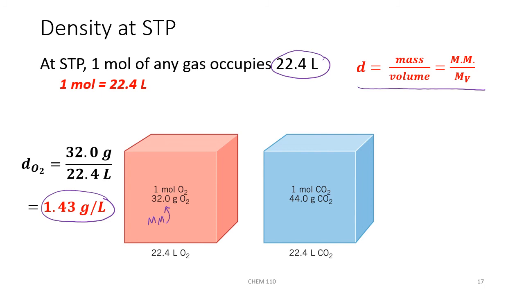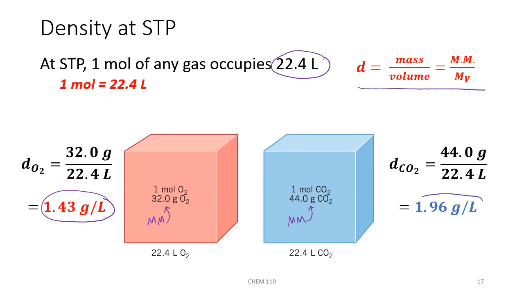Compare that density to carbon dioxide. The molar mass of carbon dioxide is 44 grams per mole. So to calculate the density, we take the molar mass, 44, and we divide by the molar volume, 22.4 liters. That gives us a density of 1.96 grams per liter for CO2. So we can see that